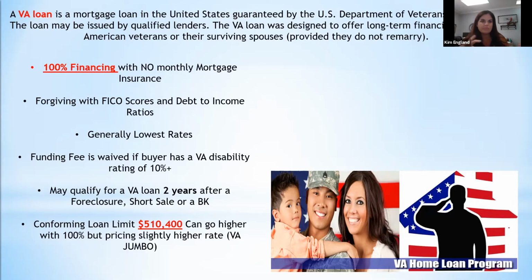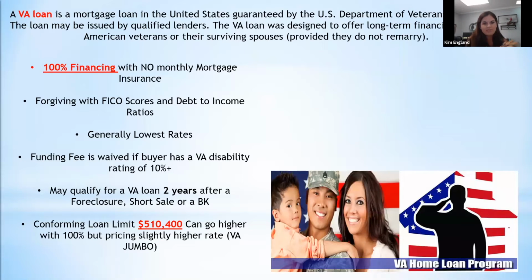With no mortgage insurance, we can be as low right now as about a 620. We just got a little bit of forgiveness on our FICO scores. At one point we were at 640 because of COVID, and we're down again to 620. So 620 FICO scores are fabulous. VA rates are going to be super low. We've locked a couple in the last couple of weeks at 2.375, beautiful rates for VA.